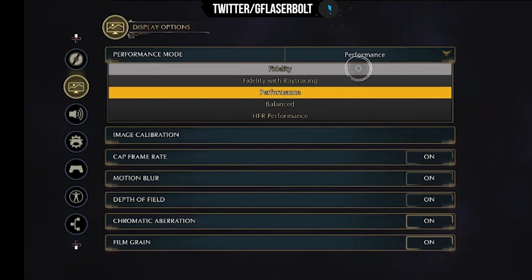What is happening right now during the game? The graphics of the consoles, PlayStation 5 and Xbox Series X and S, are not being able to handle what currently is happening with Hogwarts Legacy. So the best thing, if you're having any issues running fidelity and fidelity with ray tracing, I would suggest going with performance. Even though performance is going to be a high frame rate mode, favoring performance, you'll have higher frame rates,